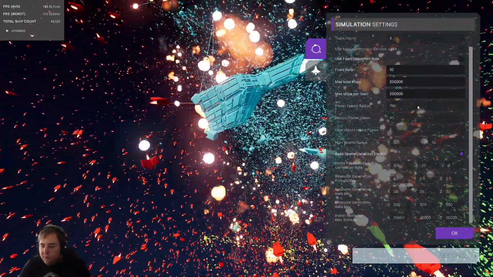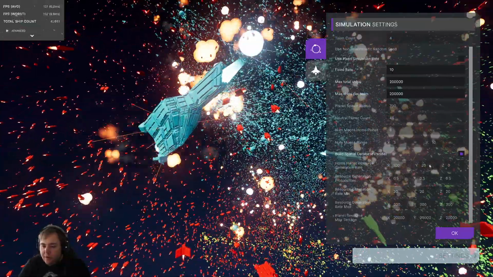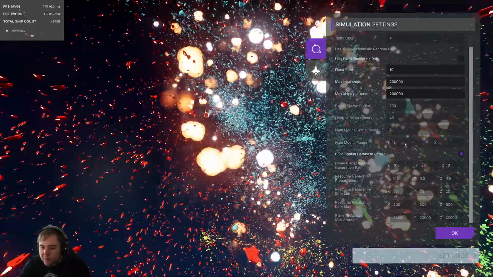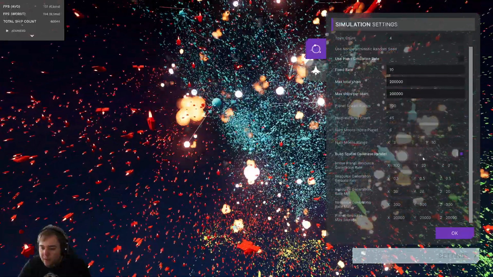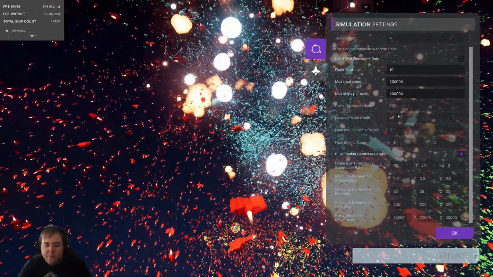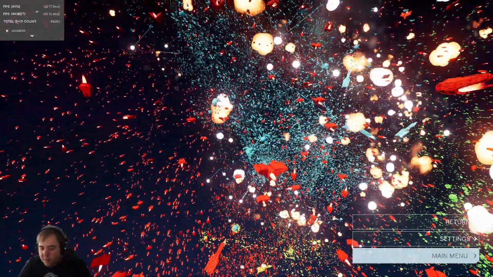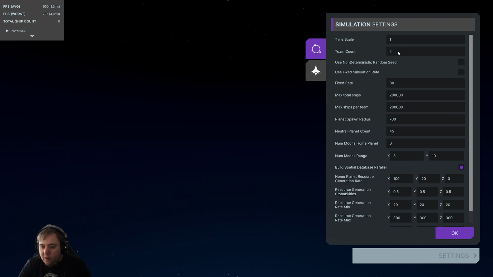And then we can set stuff like max ships. Let's see, what else do we have here? Planet spawn. This is all the stuff you can set up. I would assume you can maybe change this before you start the simulations. Let's try going back to the main menu. Then okay, we can actually. Oh, let's try increasing the team count to 8, and then maybe